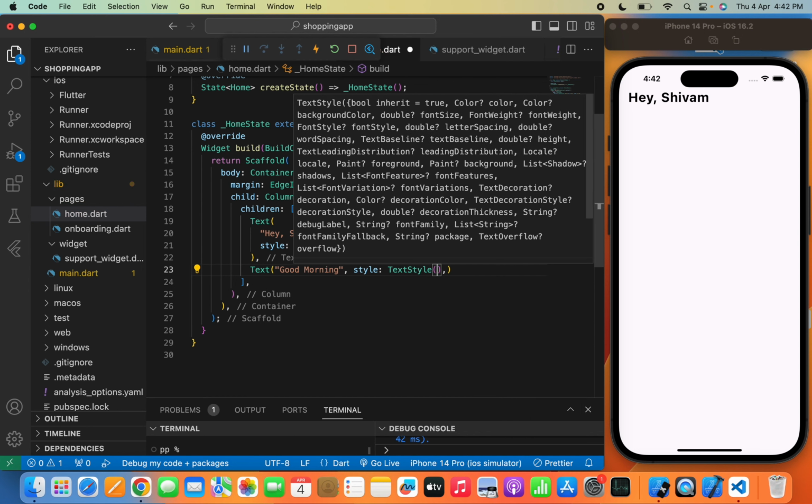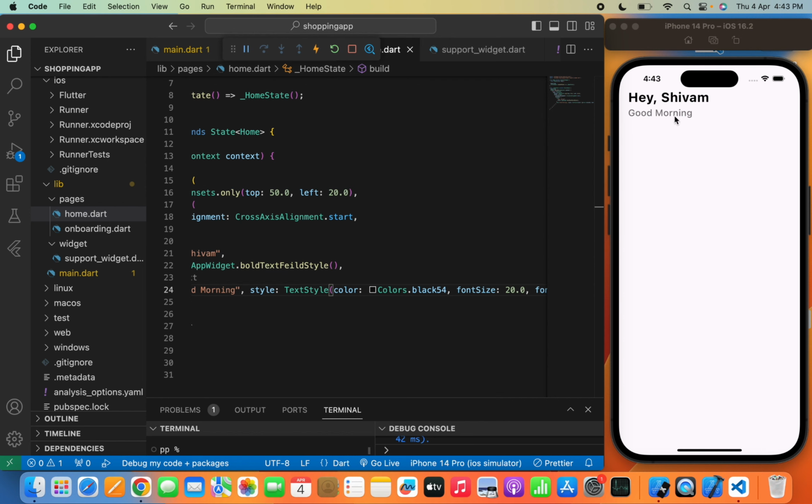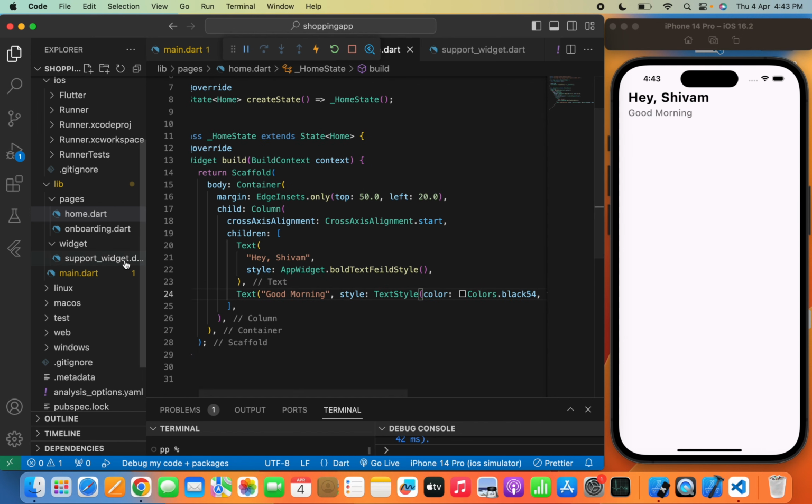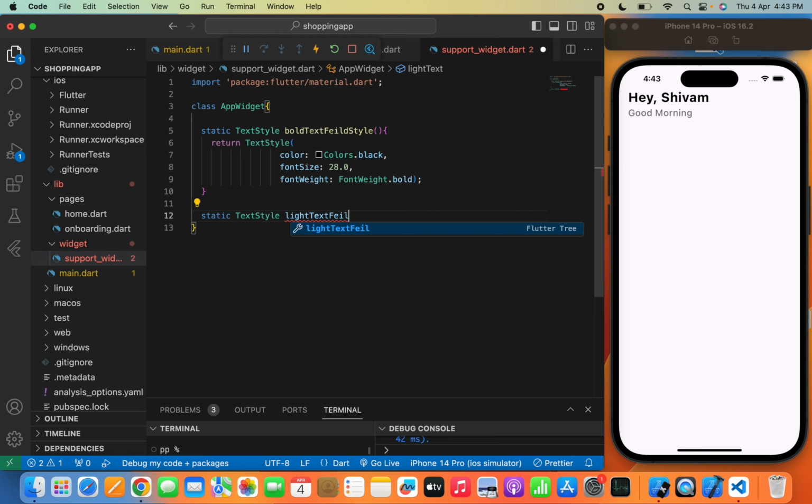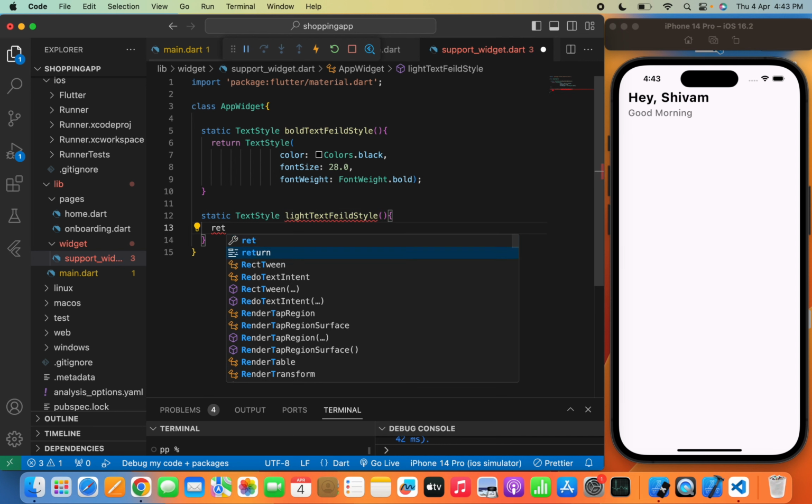Now we can also provide the darker color over here. So I will write black 54, and now this is a light text over here. So whenever we want to provide the light text, we'll save this styling over here, and we can call that text style by using the app widget class. So I will write light text field style, and will return